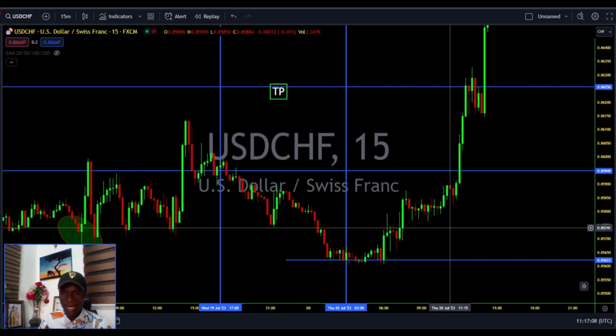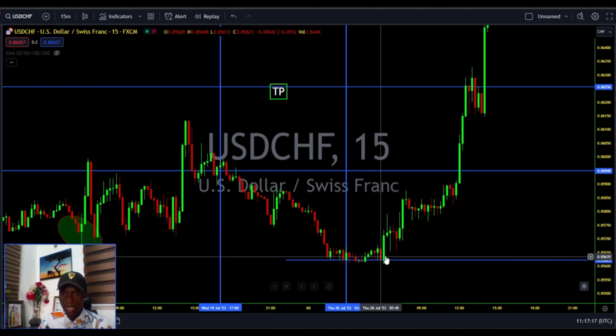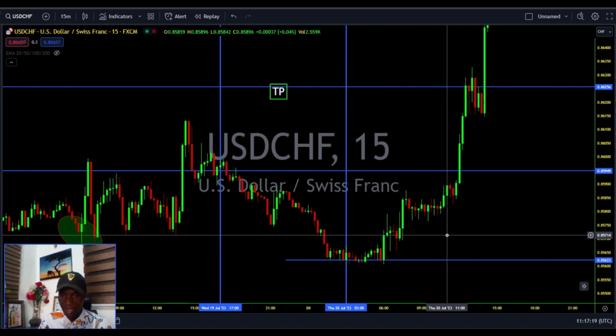And with that strong volatility, it goes in the direction of the magic trend lines. Then the principle of the magic support trend line says that